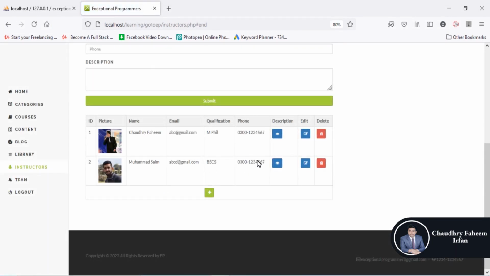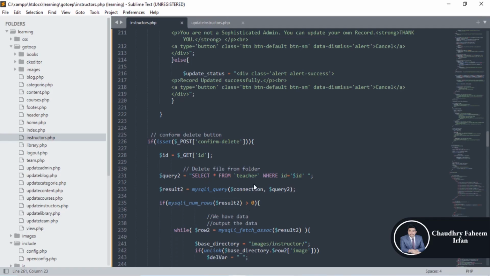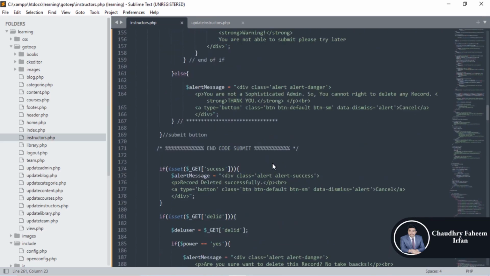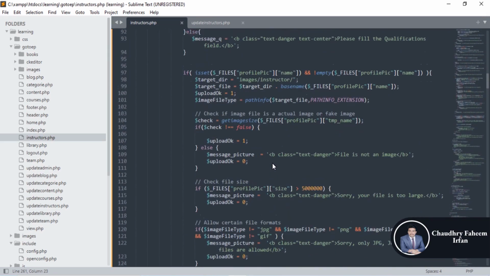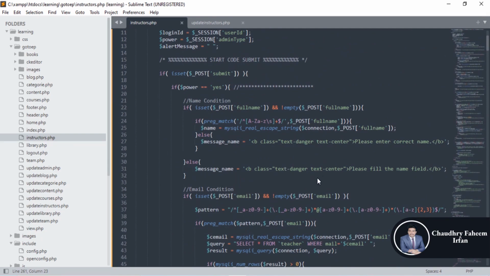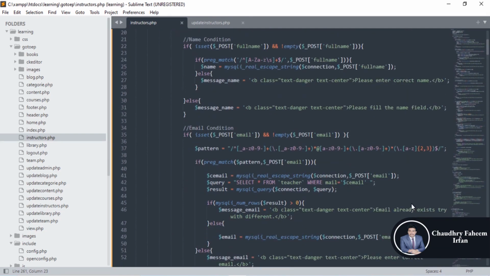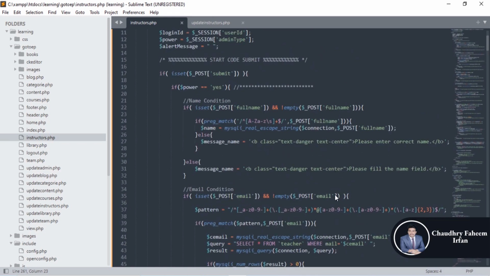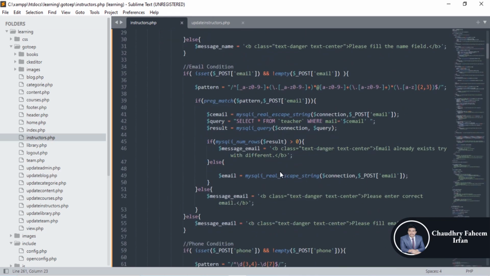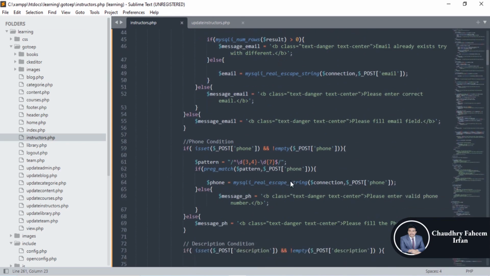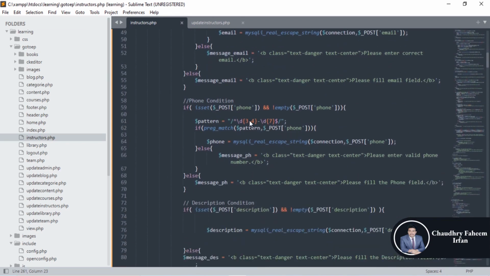The valid pattern for phone number is a pattern for Pakistan, and you can change this pattern according to your country, like India, Bangladesh, Sri Lanka, or USA, or any country where you live.